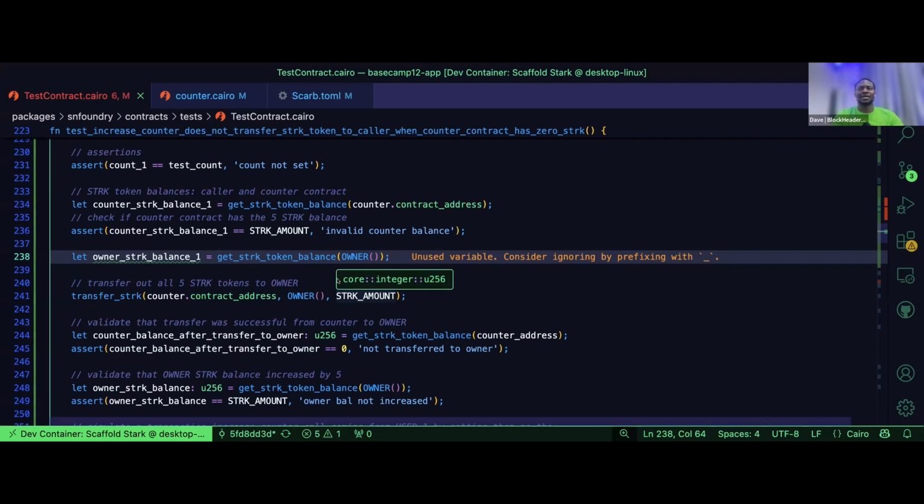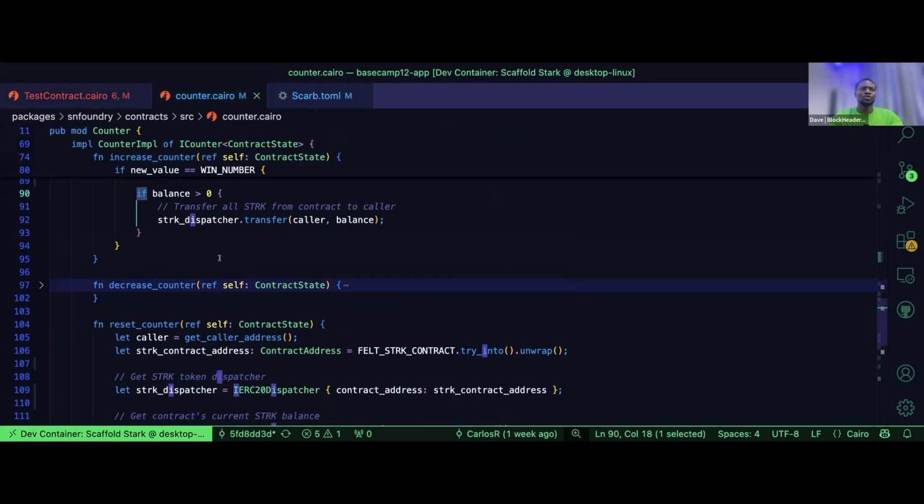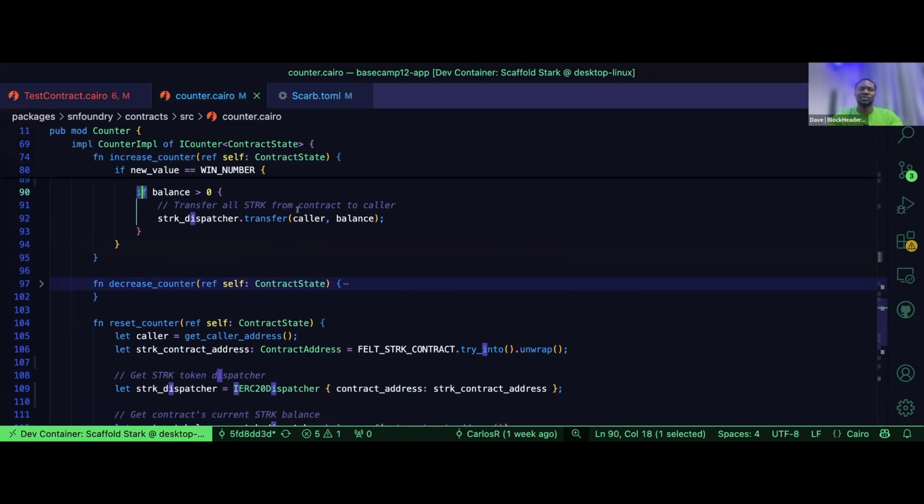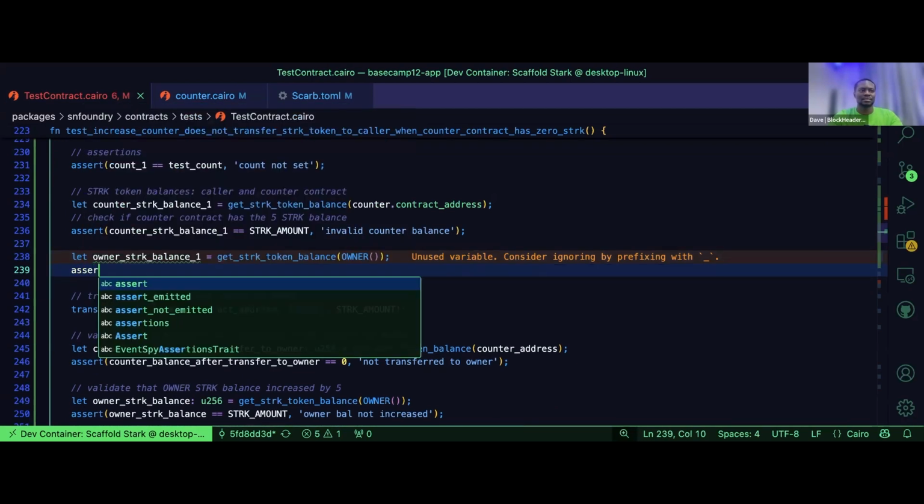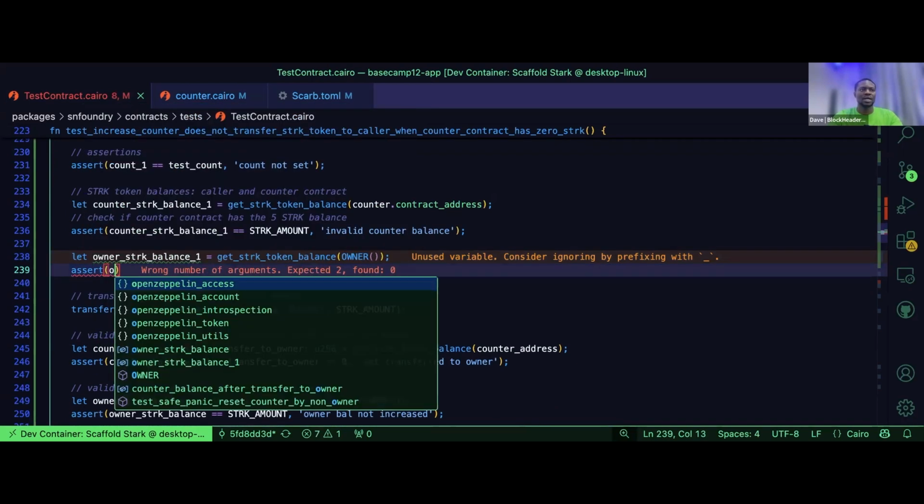even before, let's say, on deployment I have 5 stack tokens, and before the count gets to 9, there's no more. So for instance, something happened and stack tokens were transferred out of the counter contract. If it gets to this point, should we still proceed to transfer stack tokens to the caller? No. So that's what we want to simulate. So we're going to assert that owner